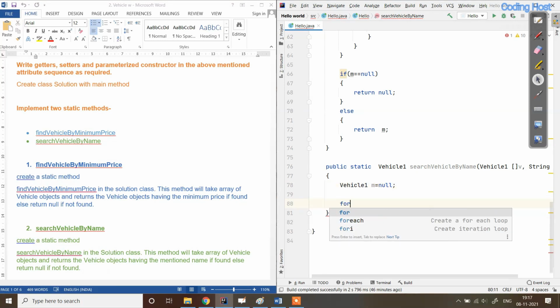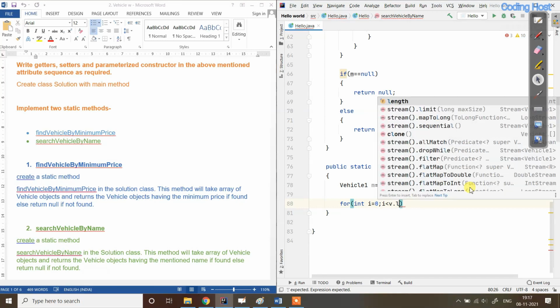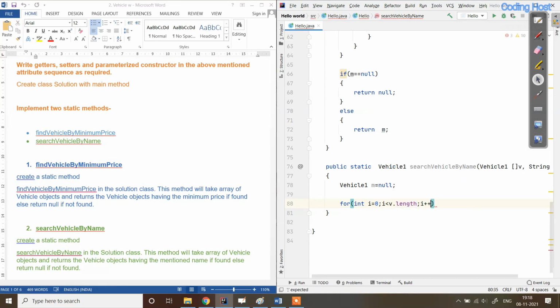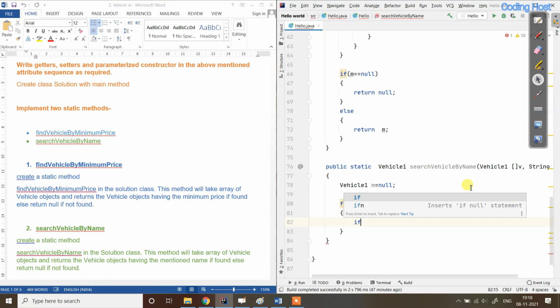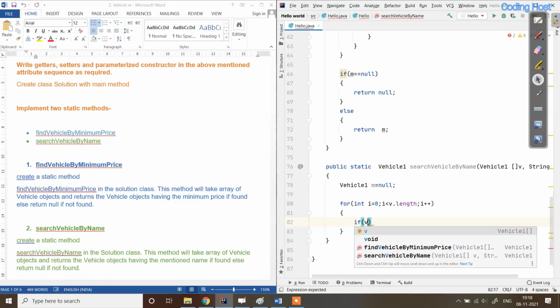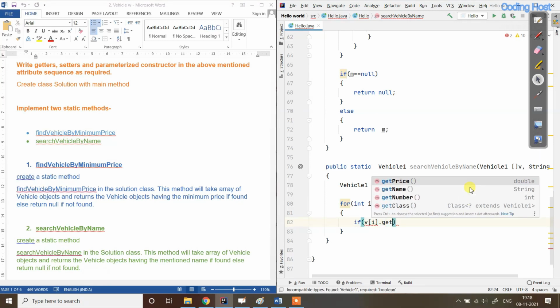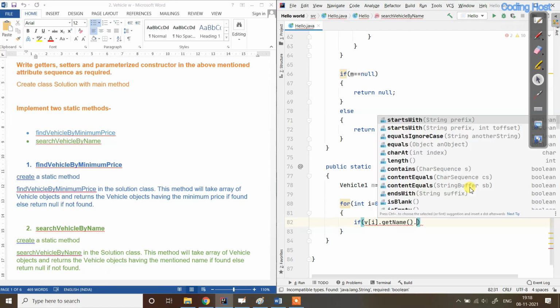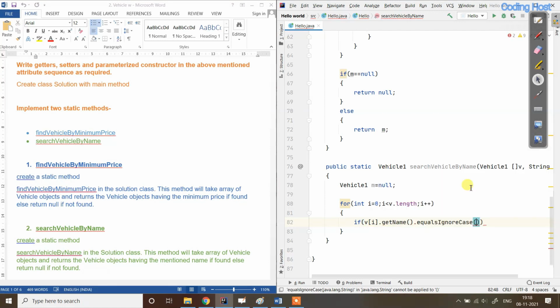Now we will use a for loop here: for int i equal to 0 and i less than v dot length and i plus plus. And here we use the if statement: if v of i dot getName dot equalsIgnoreCase. We also have to ignore case here.